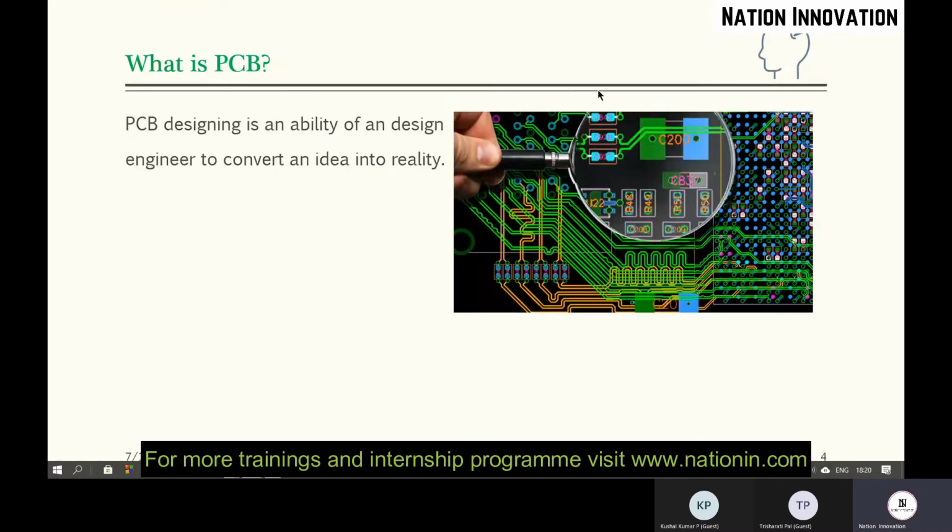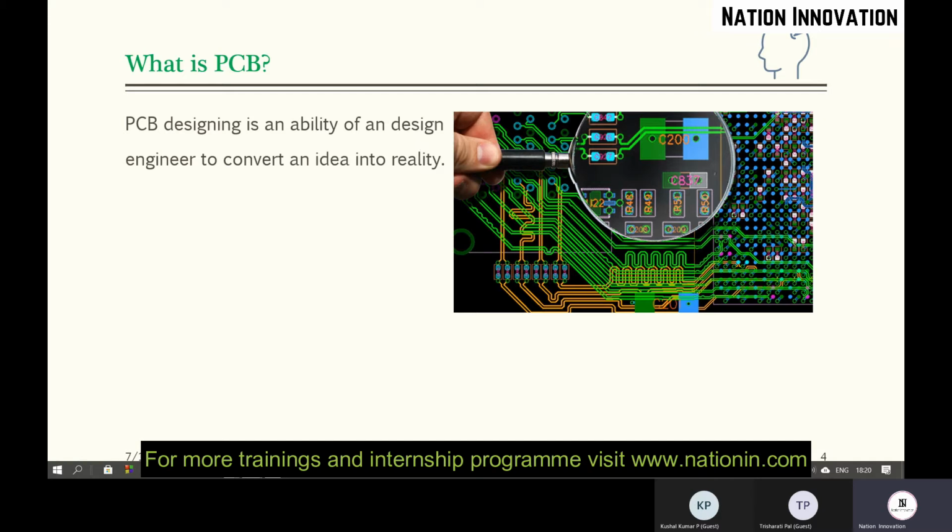So what is PCB? As you know, this is a printed circuit board. We can also call this PCB the ability of a design engineer to convert an idea into reality. As I heard that you all are from an electronics and communication background, you will have many circuits in your mind.